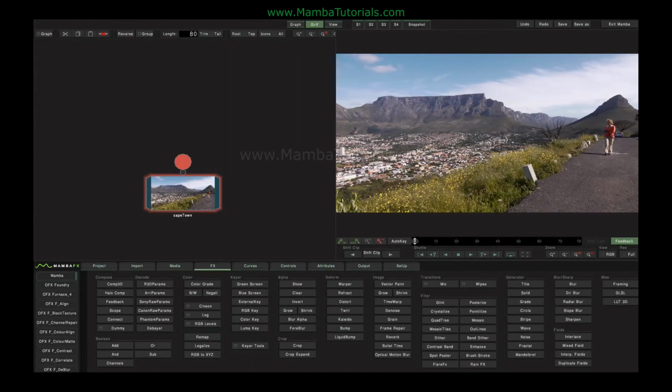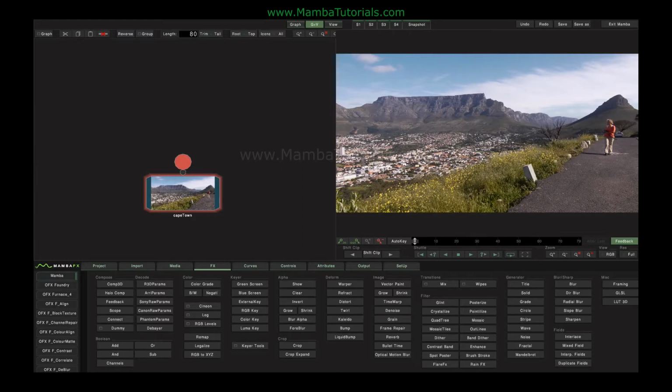A shape in Mamba is a method of manually drawing an area either for cutting out using the alpha channel or for color correcting. Every instance within Mamba, whether that's an effect or a clip, can have a shape drawn on it. And in every case except one, that shape will then modify the alpha channel on the output of that effect or clip. The one exception is the color corrector, where when you draw a shape, it doesn't necessarily affect the output alpha channel, but rather it defines an area which a particular layer of the color corrector will